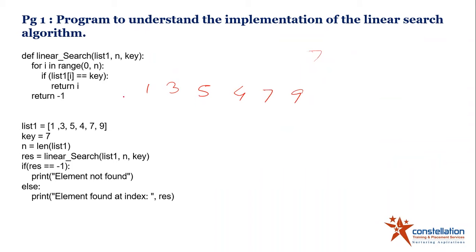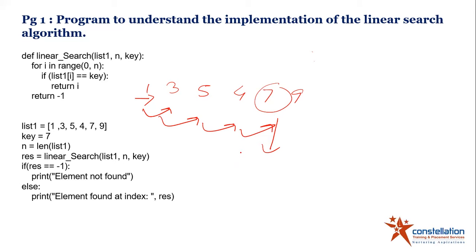So what you do first is that you come to the first position and check if 7 is equal to 1. The answer is no. So you continue and check if 3 is equal to 7. Then the answer is again no. You go ahead and keep on doing it. And the moment you find it, once you are here, you will find that 7 is equal to 7. That will be true. So you return the index where you found this 7. This is the logic behind linear search, which is very easy.